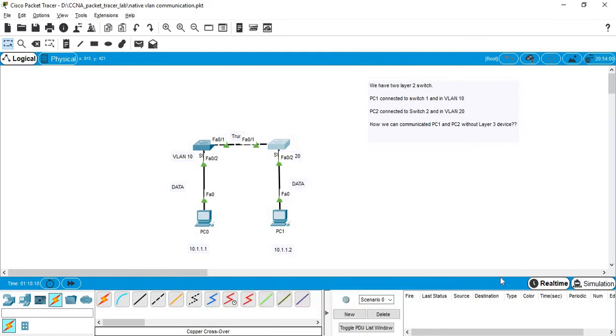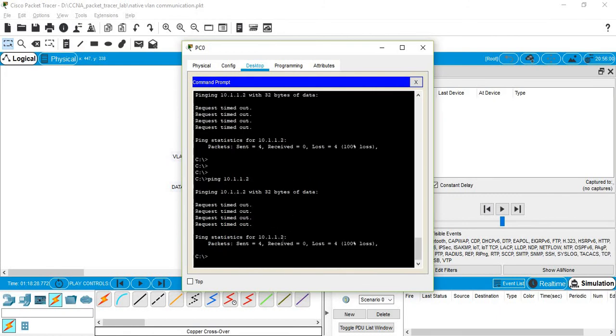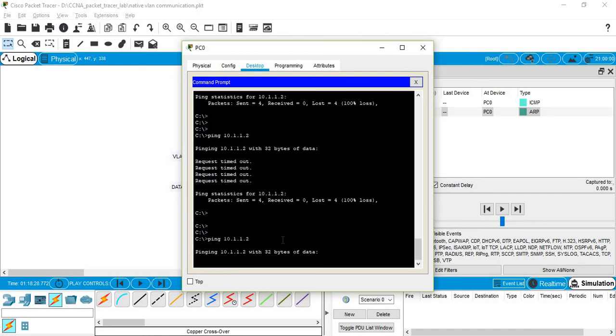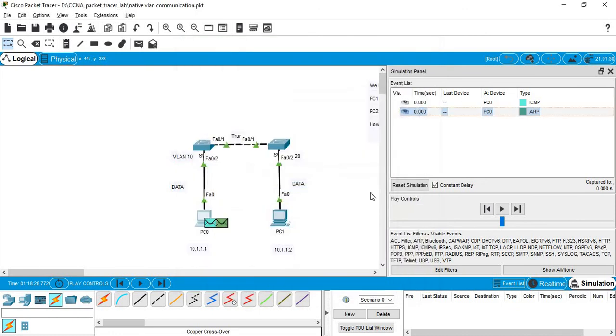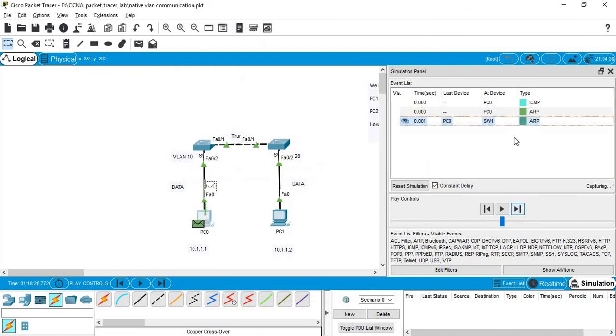We will enable the simulation mode as well, to check if the packet is being sent tagged or untagged. It is sending the ARP request. Now forward it here.